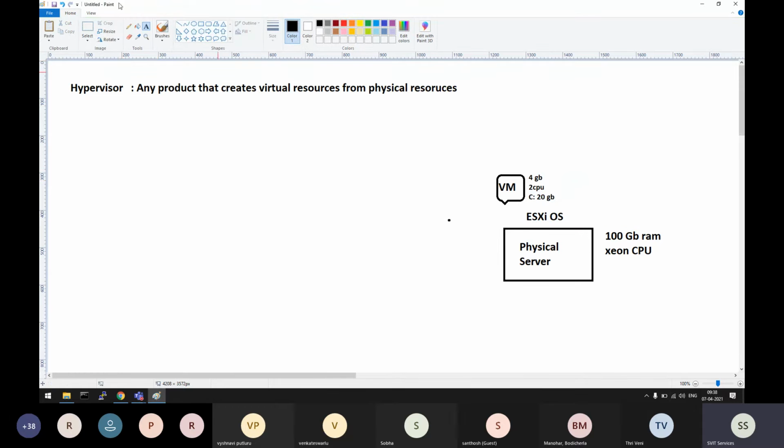Okay, like this. So here, ESX operating system is helping us. Our ESX operating system is converting physical resources into virtual resources. The 4 GB RAM that we have allocated to this is a virtual computer. This is a physical computer. Virtual computer, physical computer. So the physical resources are converted into virtual resources. Virtual computer will have everything virtual: virtual RAM, virtual CPU, virtual hard disk. These are not physical. These are virtual, which are split from here.